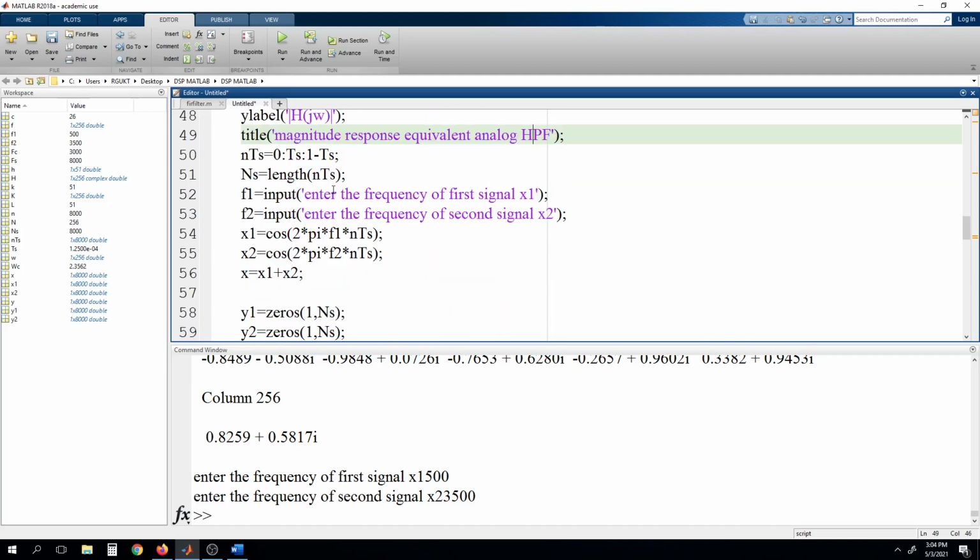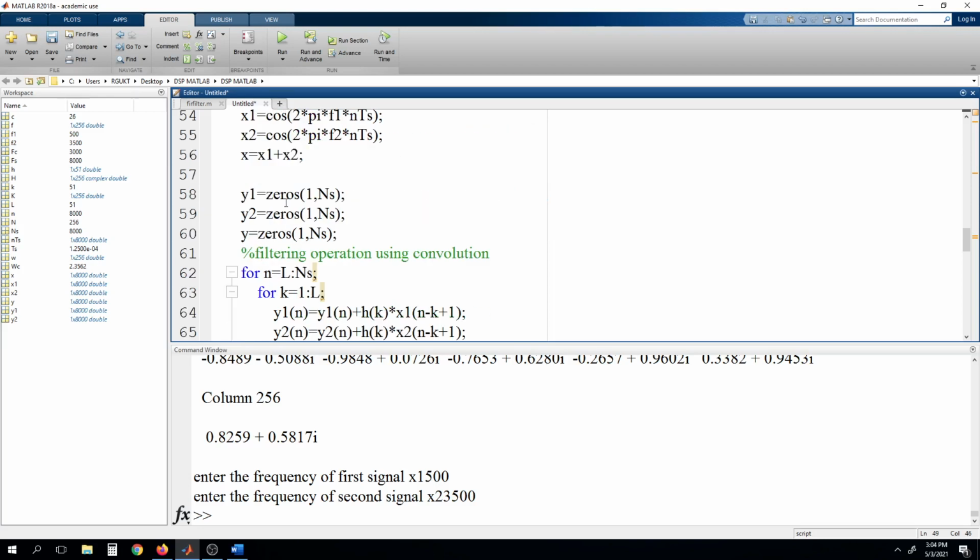Okay, and then next we are generating signals. So first we are taking nTs, from 0 to Ts and 1 Ts. Okay, and then taking two signal frequencies, F1 and F2. Using those F1 and F2 we are designing two different signals, X1 and X2, and then we are summing up those two signals into X, and taking y1, y2, y as variables, which will be after convolution.